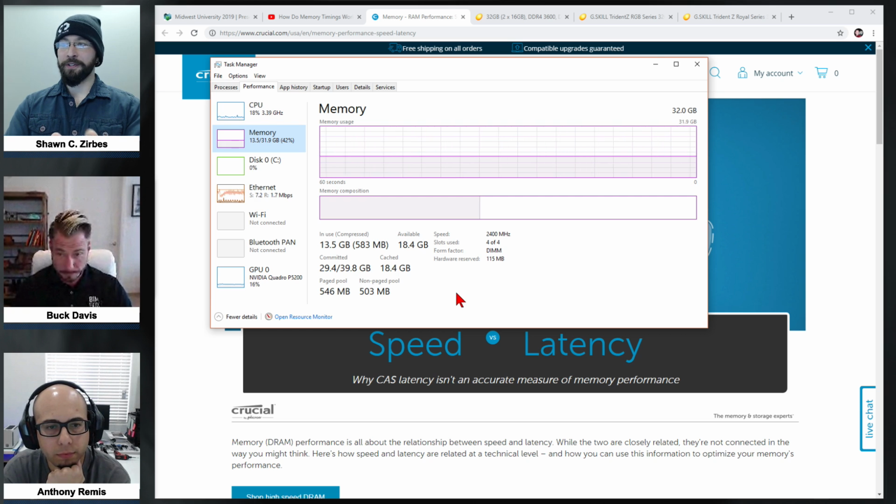I want to jump in there just for a second. When you're doing this with Revit specifically, Revit is a bit memory hungry. So when you're doing this test, open up everything. Yeah, go for it. But make sure Revit's been open for a while when you want to do this, because